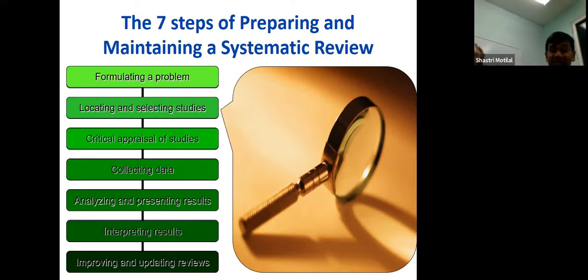PubMed is always the search, right? So you'll search PubMed, you find some studies. Would you find all these studies of interest on PubMed? You're not going to find all the studies that have been done on PubMed. There are 2 reasons. Some are not published. So some studies never got published, so they never will end up on PubMed.